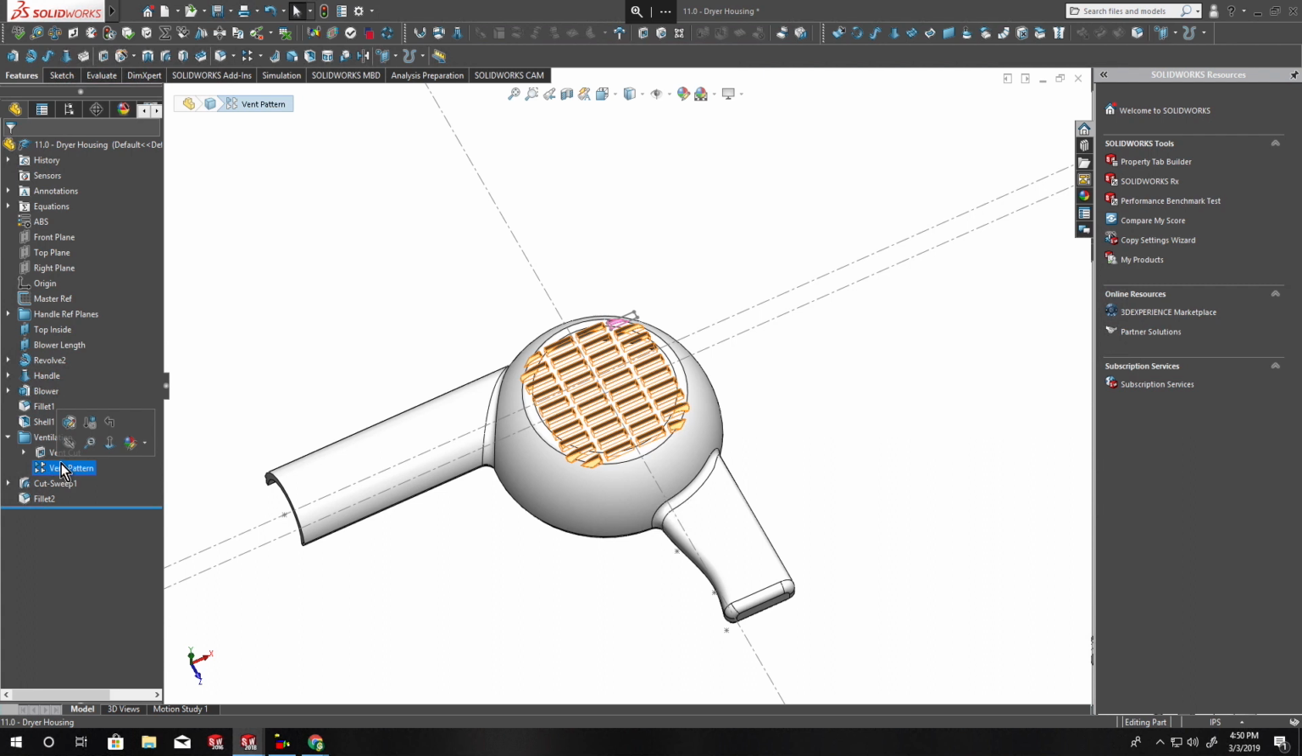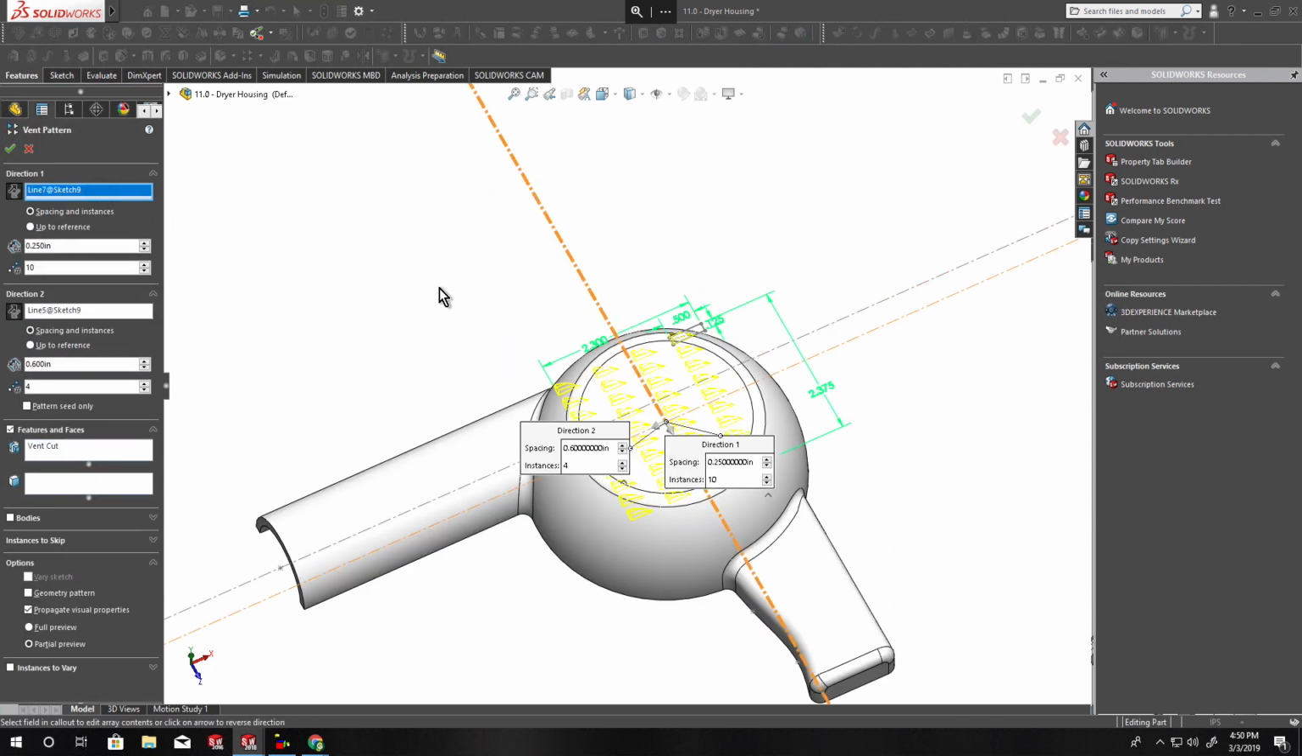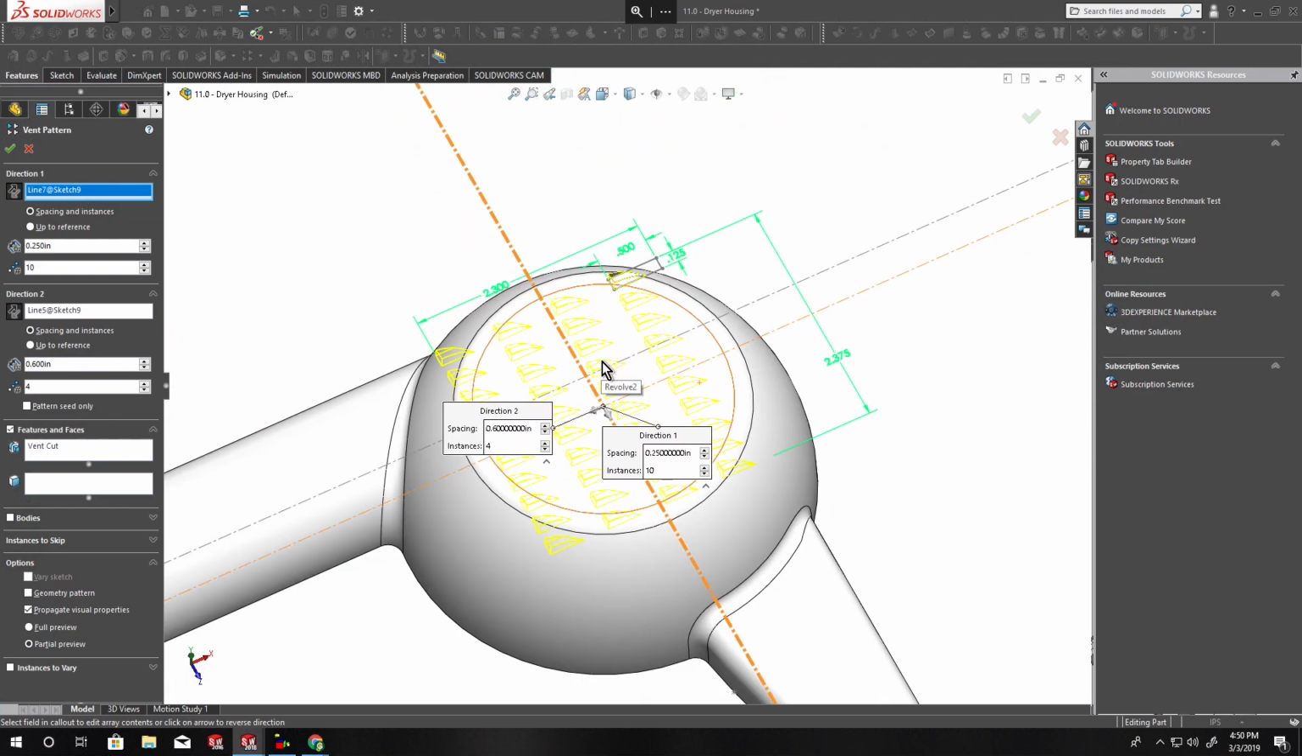Here, I'll just show you. As you see in my sketch here, I just selected the line within my sketch here and here, so that works just perfectly fine. Or even better yet,